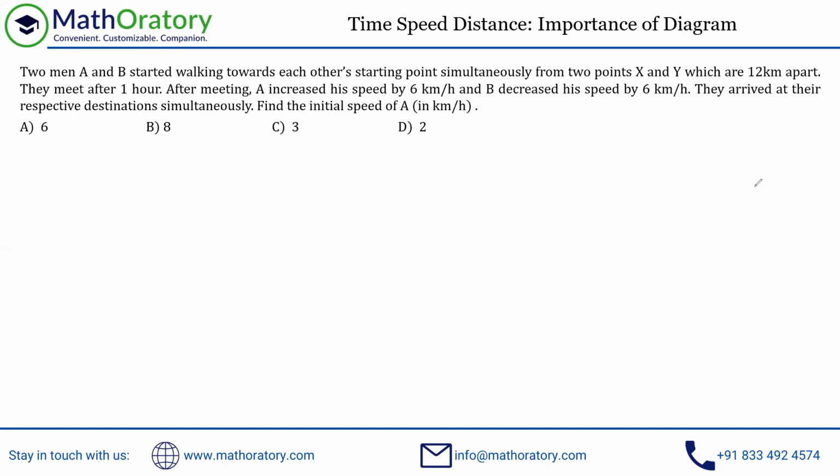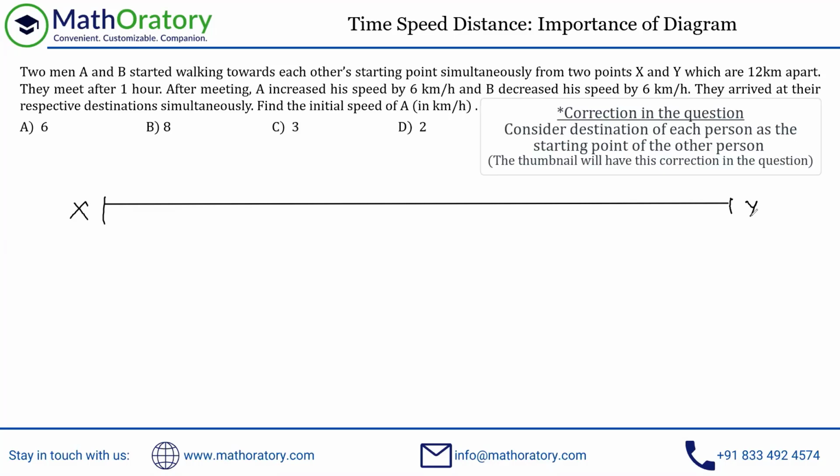So in this context, there are 2 points here where A and B are starting from, wherever that is. So let us consider these points X and Y here. Let us just consider this line to be the distance between X and Y. So this is the path that both of them are traveling, right? A is starting from X going towards Y, B is starting from Y going towards X, or vice versa, it doesn't matter. So I'm going to assume that A starts from this side.